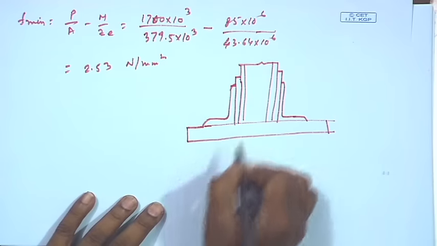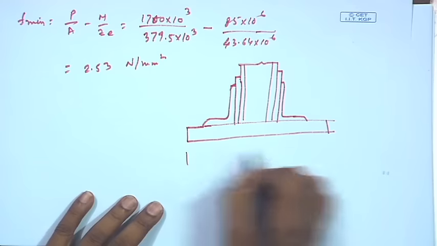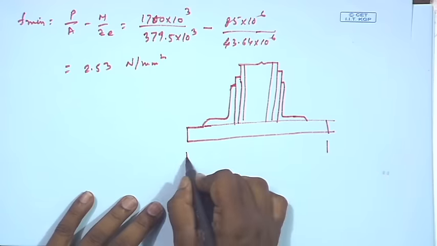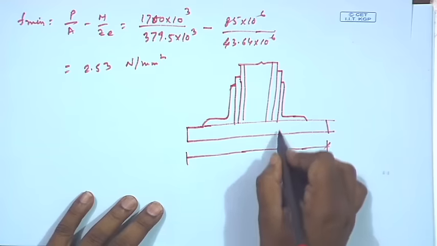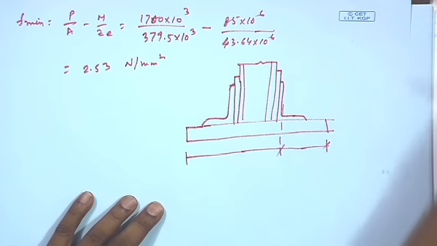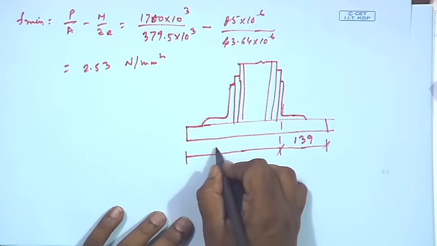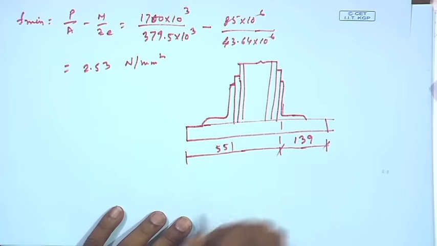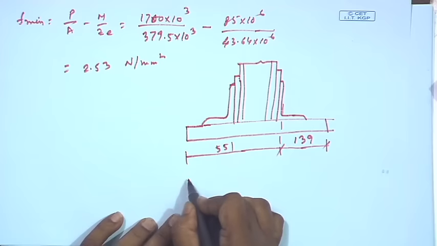Okay. So, now we know the total distance and we can find out the critical distance, right. So, the critical distance, if we calculate, will be 139 millimeter and the rest will be 551, right. And the pressure distribution, if we see,